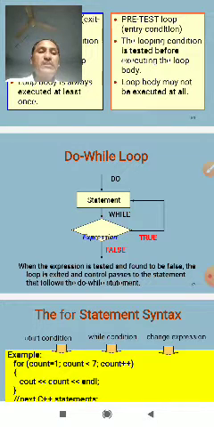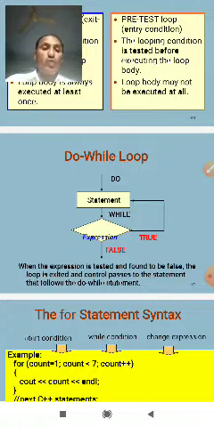The condition may be any expression, and true is any nonzero value. Then the loop runs while the condition is true. When the condition becomes false, program control passes to the line immediately following the loop.